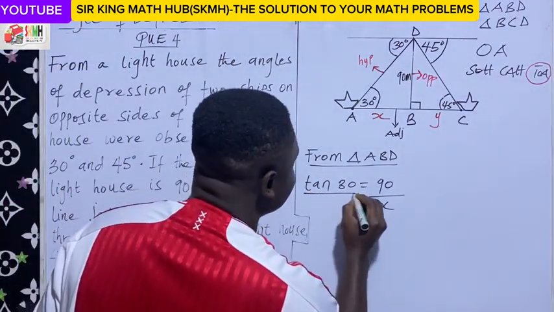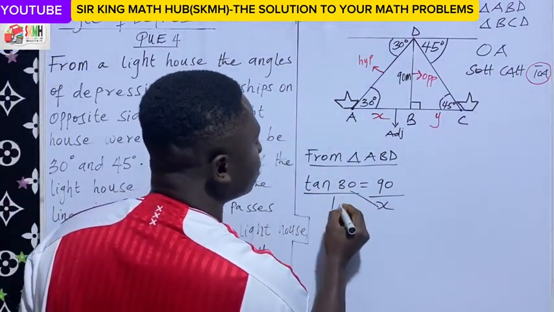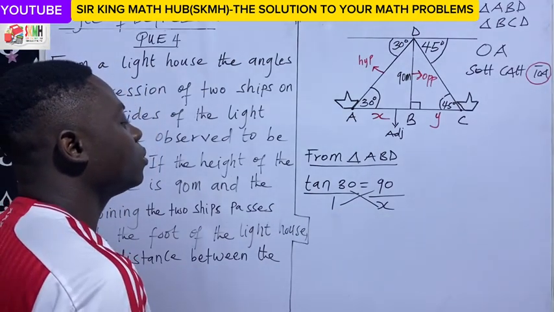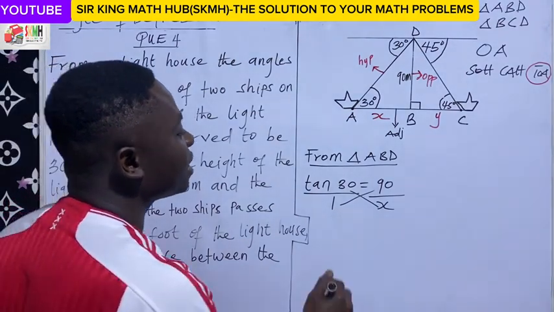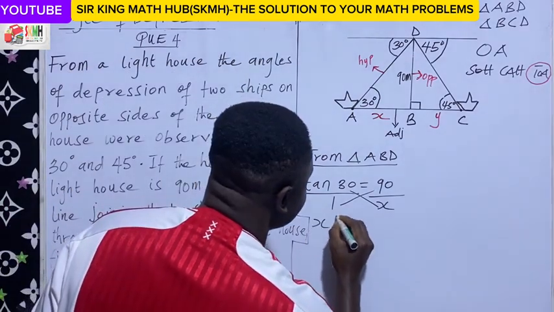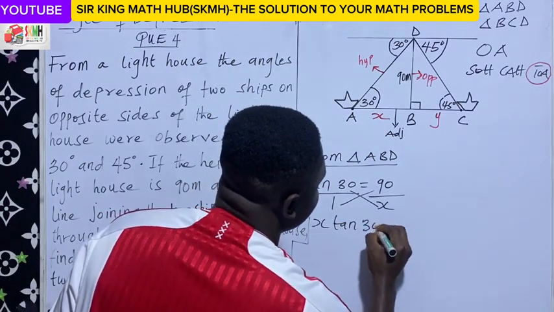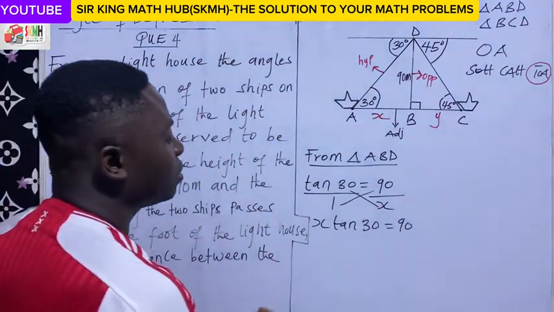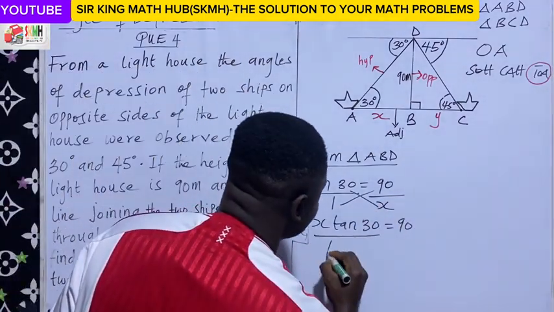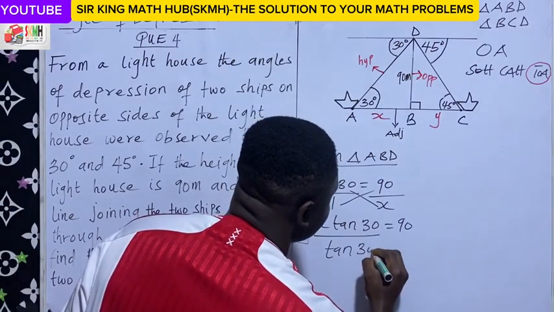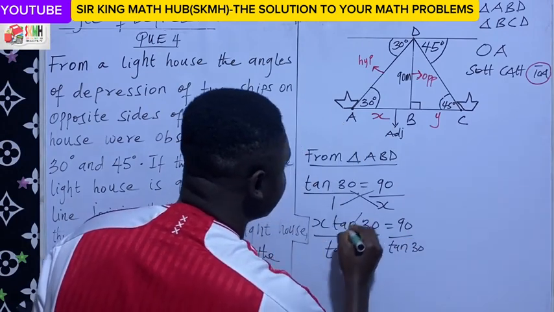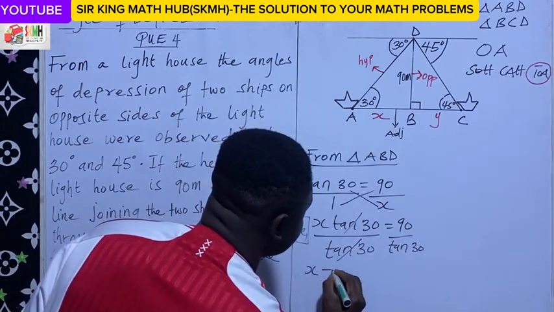So tan 30 is the same as tan 30 over 1. We can cross multiply. So tan 30 times x gives us x tan 30, and 1 times 90 gives us 90. We are looking for x, so we divide both sides by tan 30. Tan 30 will cancel out, so x is equal to